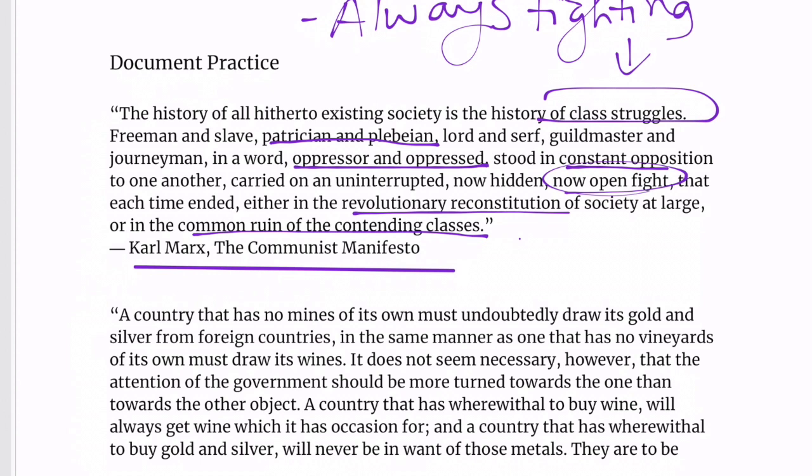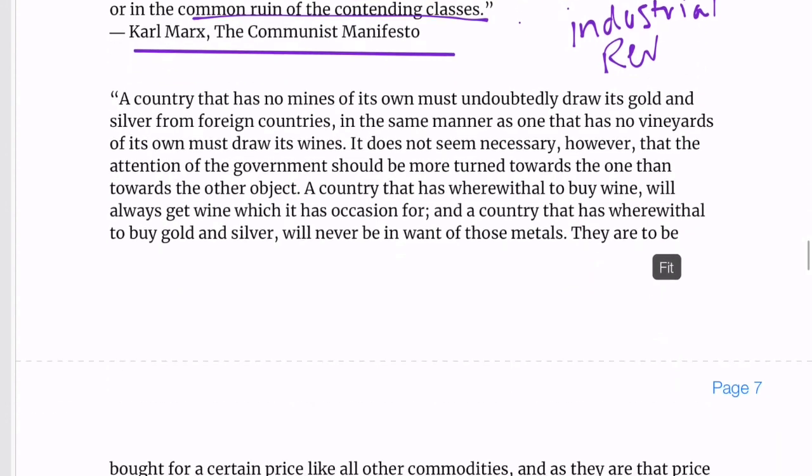Now, the tone of his document is reflected in the Industrial Revolution, right? We see that people are not really that happy during the Industrial Revolution, especially the lower classes. So I would make a note here, Industrial Revolution, and just know that his ideas kind of stem from that because he's looking at how these people are suffering and he's like, there's got to be a better way. Okay, let's look at the next one.